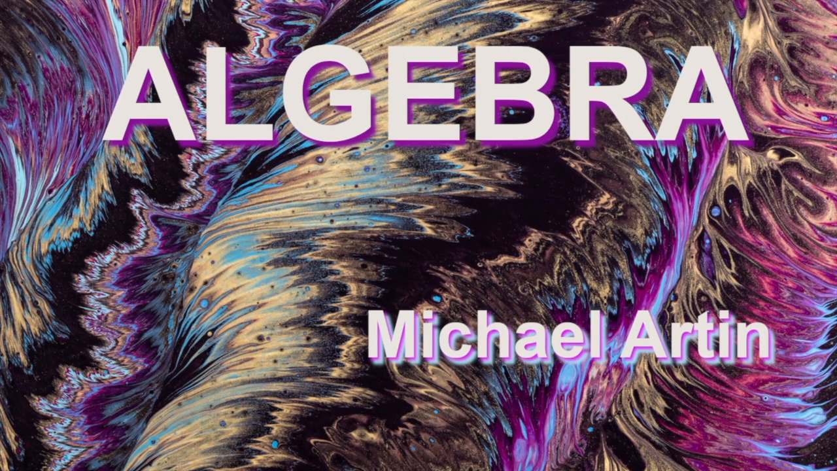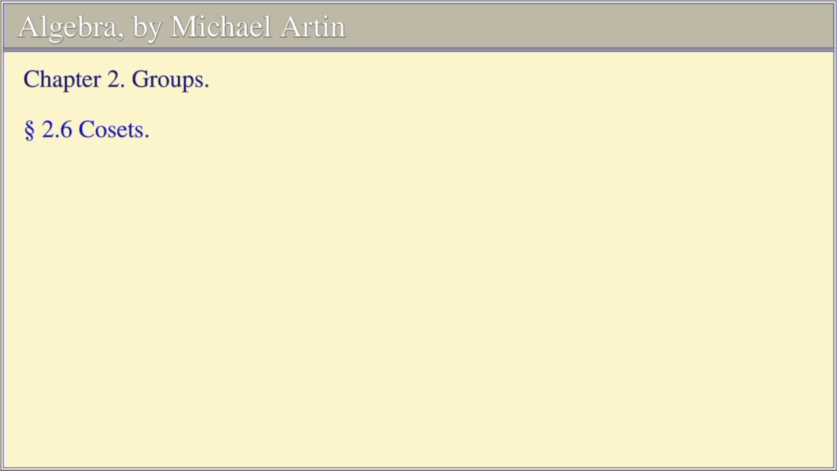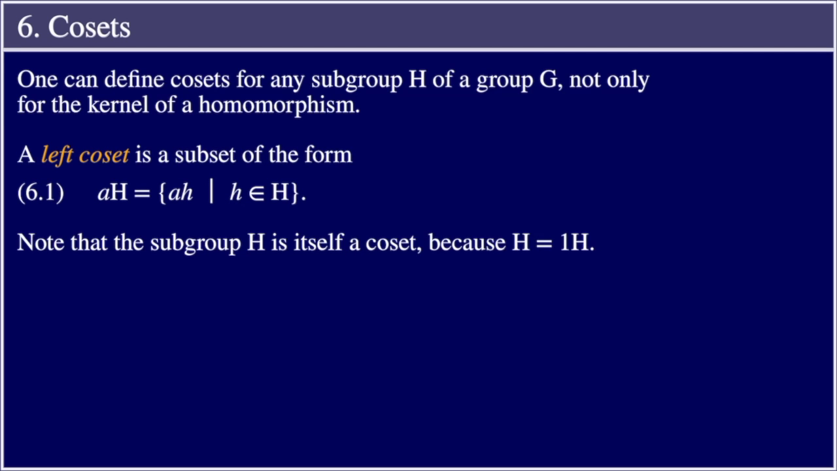Algebra by Michael Artin. Chapter 2, Groups. Section 6, Cosets. One can define cosets for any subgroup H of a group G, not only for the kernel of a homomorphism. A left coset is a subset of the form 6.1: aH equals the set of ah such that